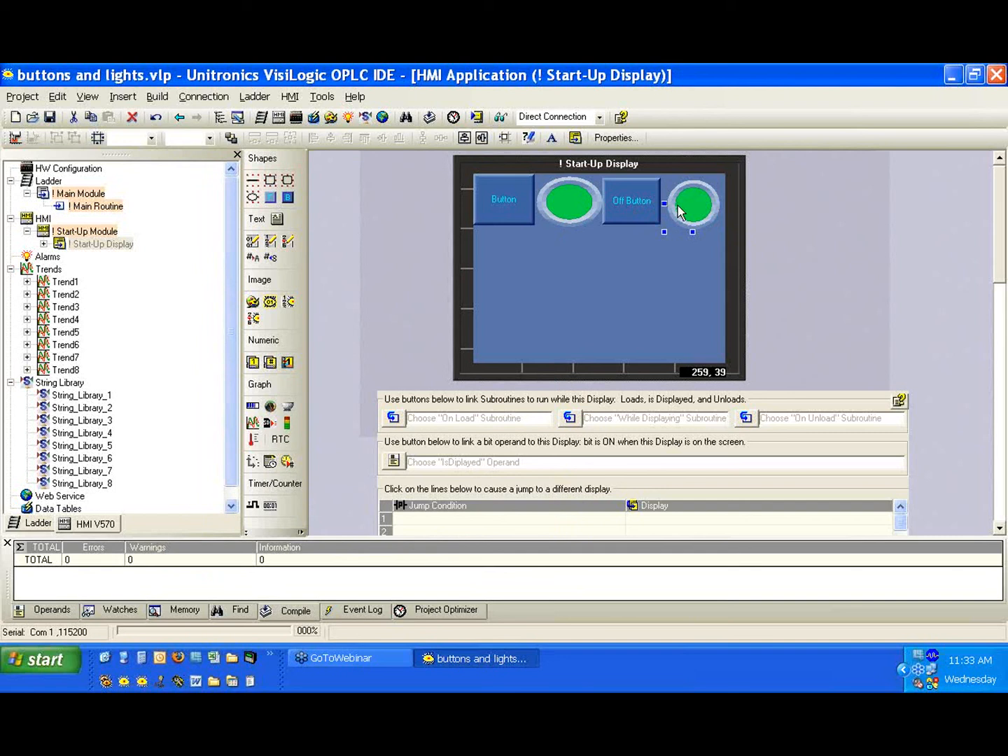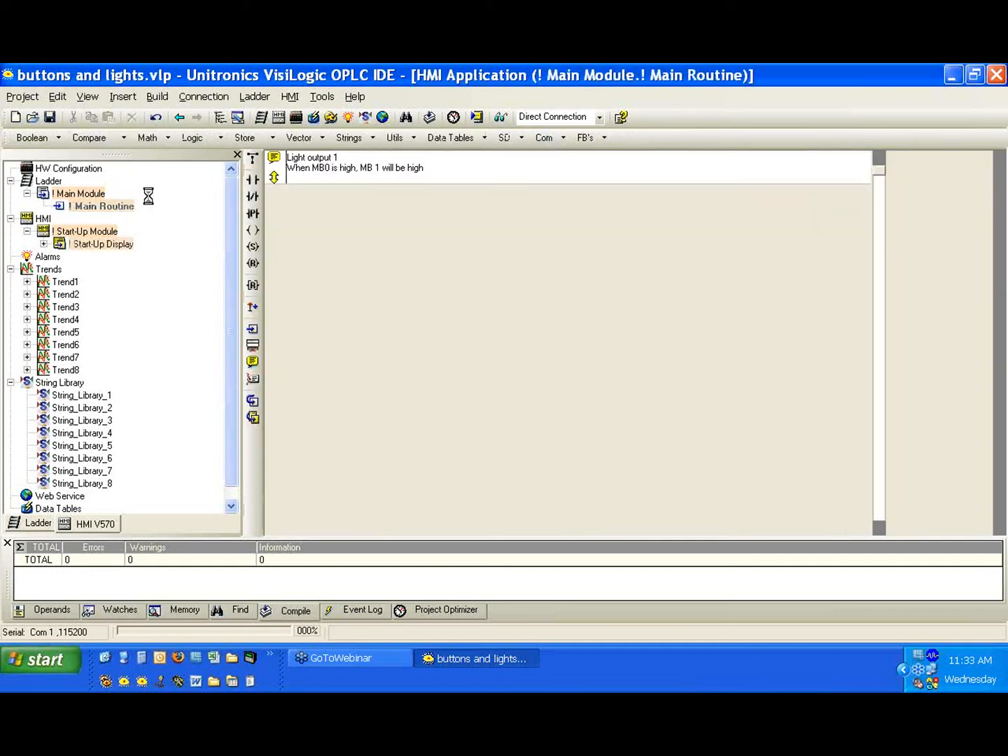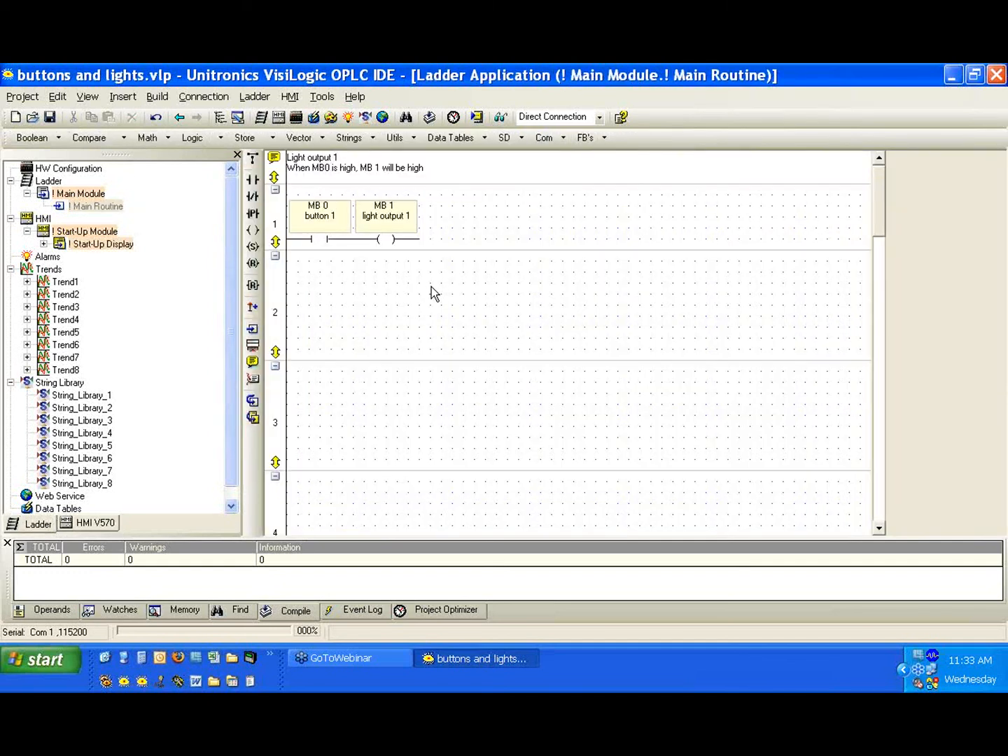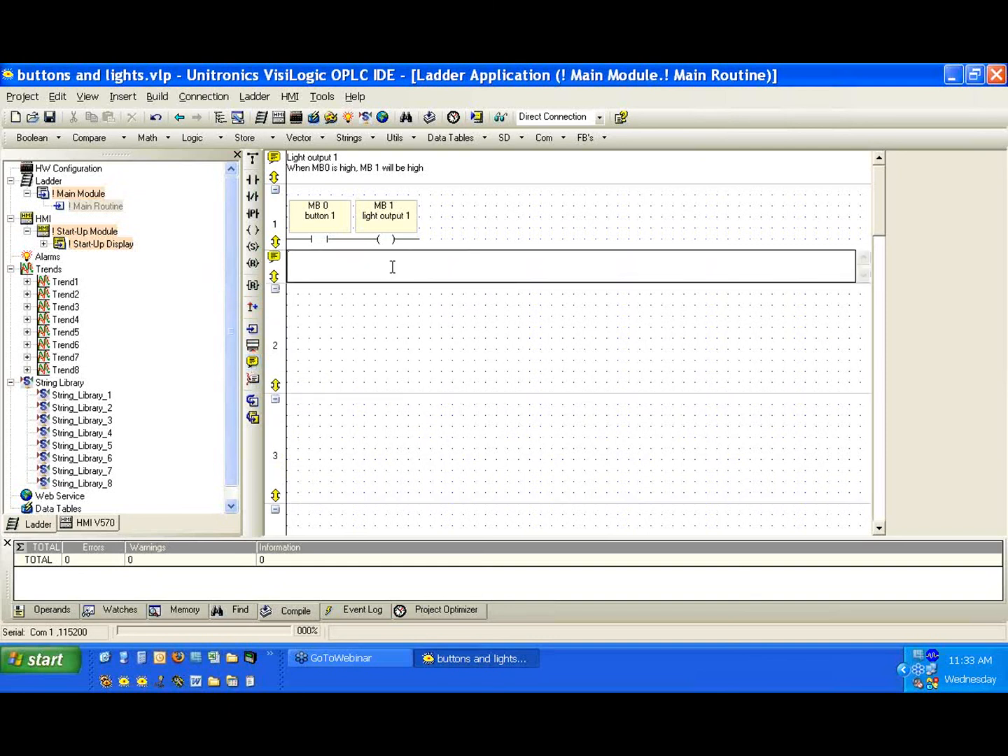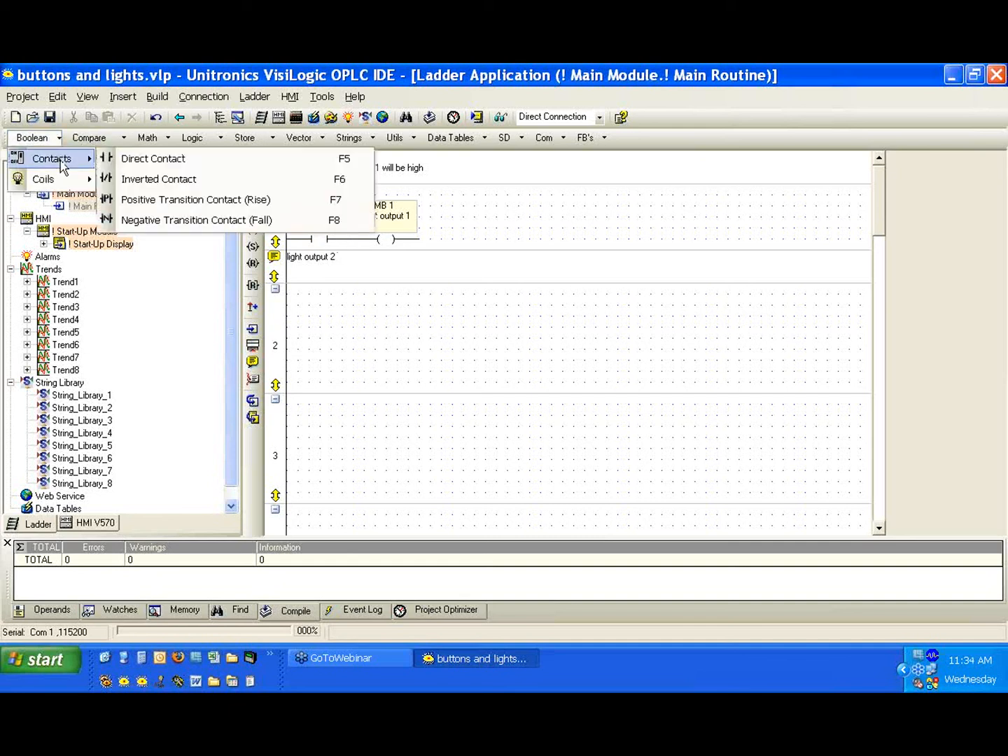So we've created two identical variables here, a button and a binary image. How are we going to create inverted logic? Well, we're going to put the logic into the ladder section. So let's go ahead and go to the ladder here. Again, we can use our navigator. We click on Main Routine. I'm going to make a new comment here, and I'm just going to call this light output 2. We'll go ahead and give it a better description once we've created our logic, but specifically what we're going to do here is invert the contact. So if we go to Boolean and contacts, we can select